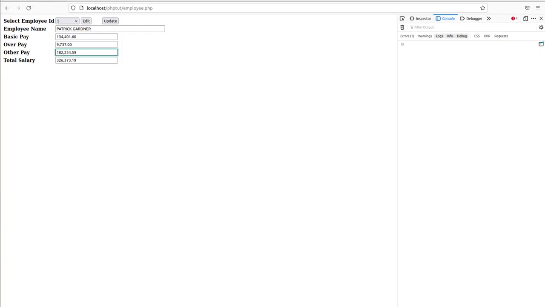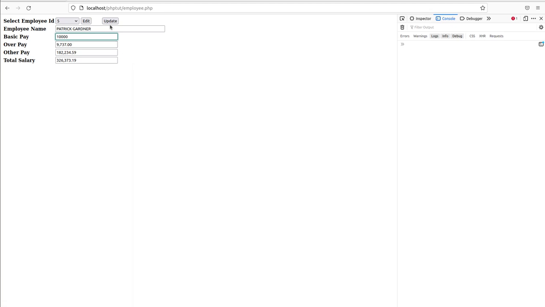Now let's check it. Let me just refresh. Okay, so right now it's non-editable. So I click on edit and then let me check. Yes, now it is editable. Okay, so it's working. Now what should happen is the moment we click on edit, this is getting editable. Let me consider I'm keeping something as 10,000, and then the moment we click on update,